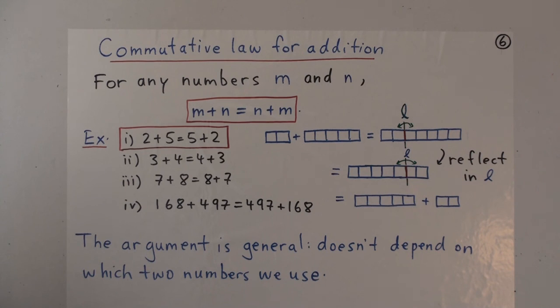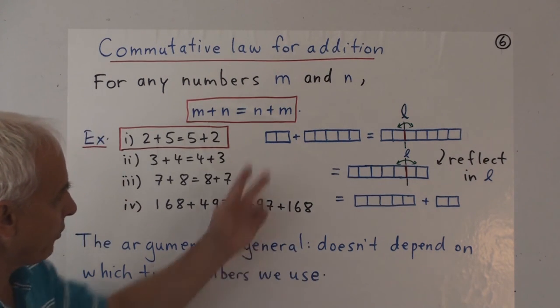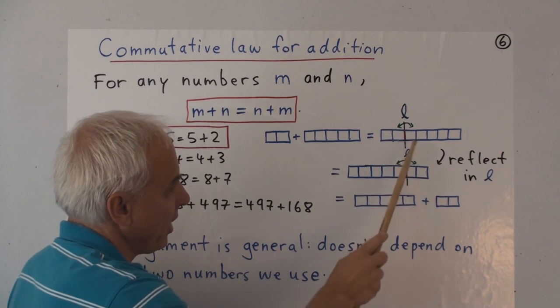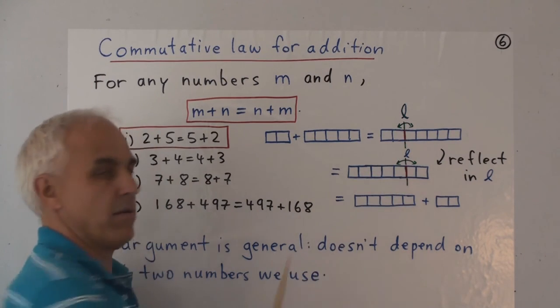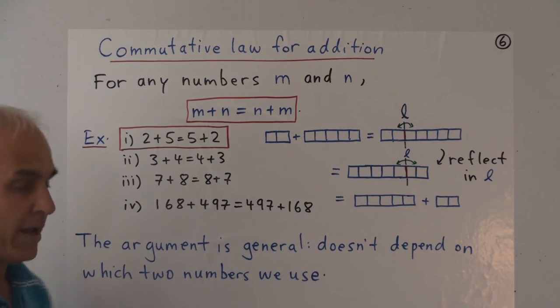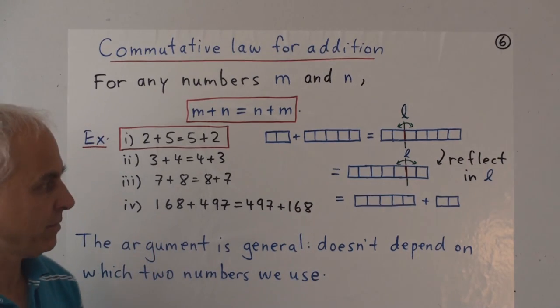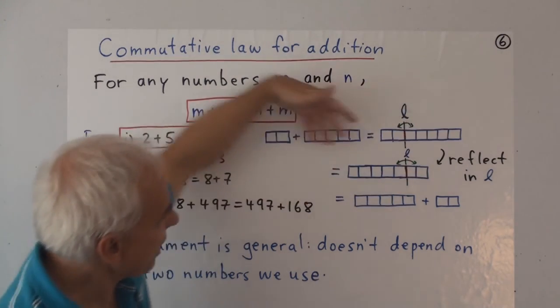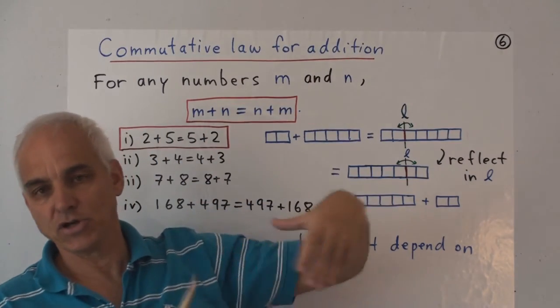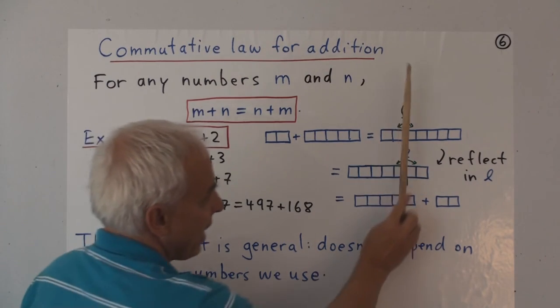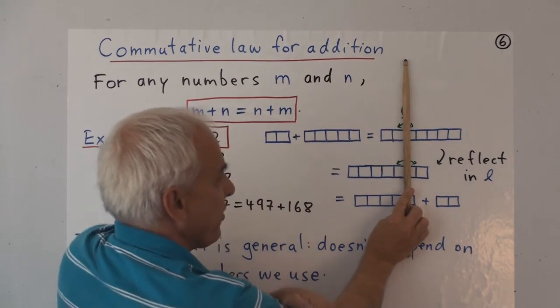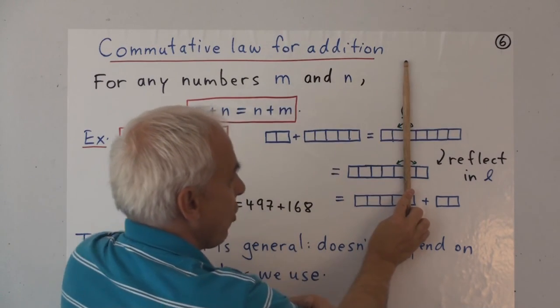Okay, so let's have a look at this example, 2 plus 5. Why is 2 plus 5 the same as 5 plus 2? Well, here again is 2 plus 5. Put it together, get a string there with the 2 there, the 5 there, separated by a little line. Let's call that line L. And now we're going to think about reflecting in this line L. This is all just in a row, but we can kind of imagine that it's all taking place in some larger grid plane. We just happen to be looking at a particular segment of it. So here's a line L. And what happens if we reflect this row rectangle in L?